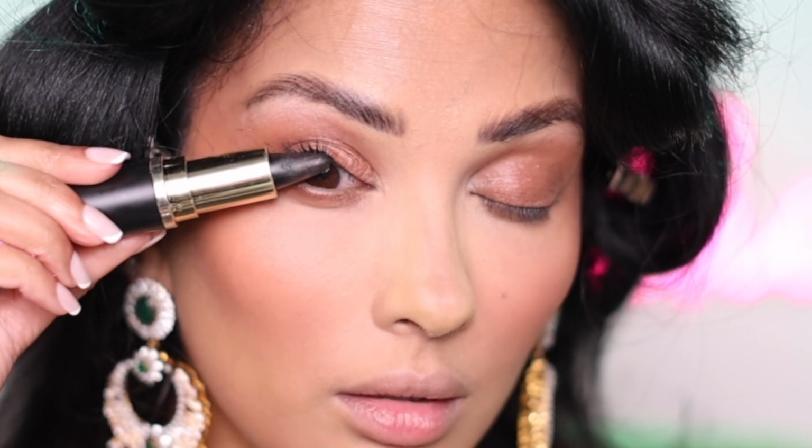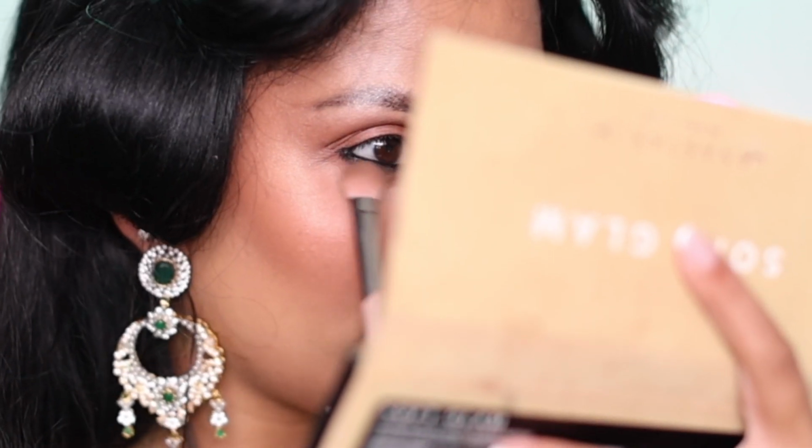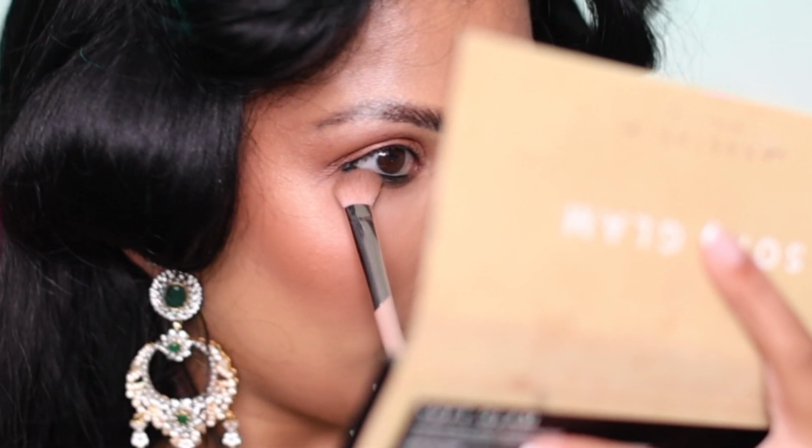Next up is tightline and waterline. Nita's look was very blacked out and smoky, so a kajal is great. If you can actually blink on the whole thing to line it all at once, a traditional way, do that, but it gets all over my contacts, so I manually did it. It's very, very smudgy, so I'm just setting the bottom with a brown eyeshadow and smoking it out so